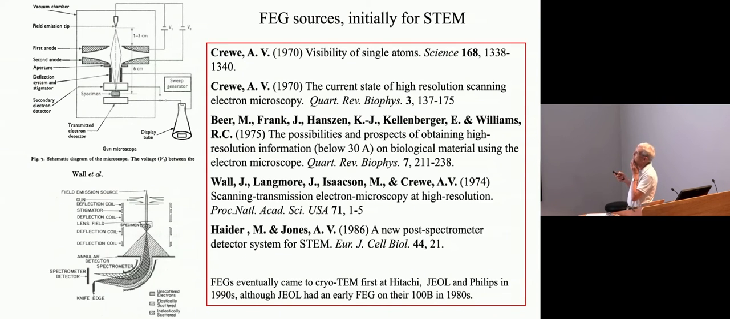And he was very enthusiastic about that, wrote lots of reviews that are very worthwhile reading. Other people joined him. This was Kellenberger and Michael Beer and so on. And then his group, John Langmore, Joe Wall, and Isaacson, tried their very best. But in the end, what happened was that the electron microscope manufacturers,